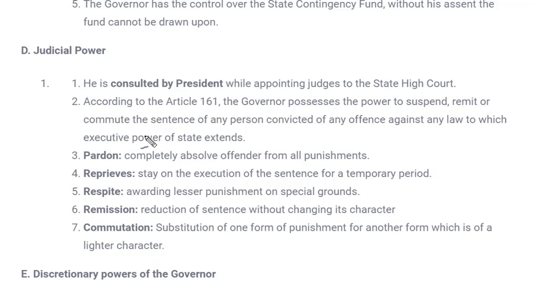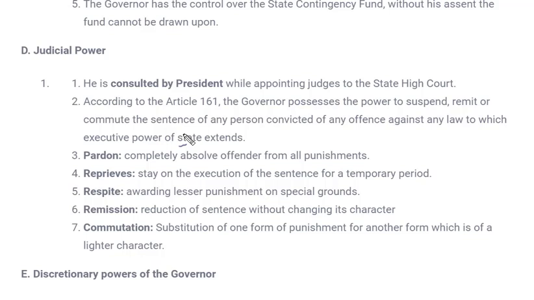Only the president has that right. Otherwise, most of the judicial powers are the same, as they are considered at state level. That means if any high court has given a punishment to any criminal, that punishment can be changed or altered by the governor. But if it was a case of the Supreme Court, then the president would be responsible. It goes to central level.